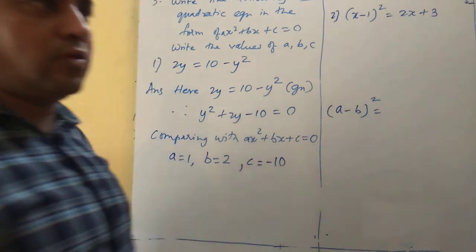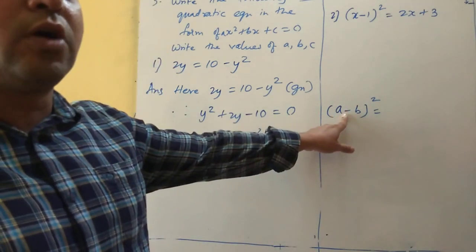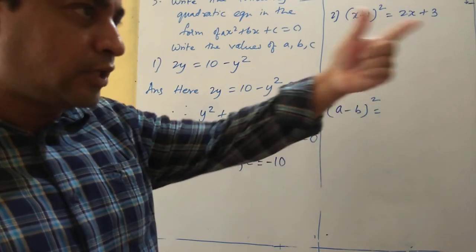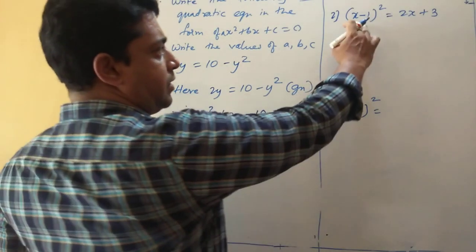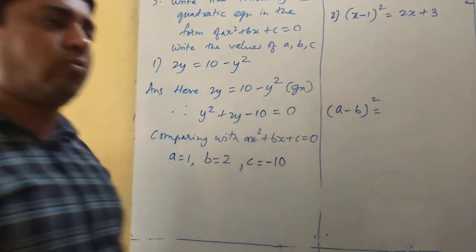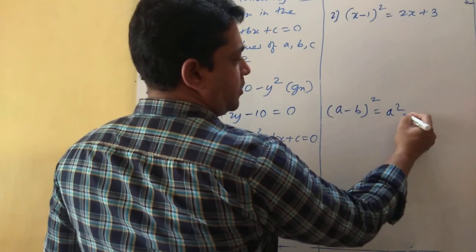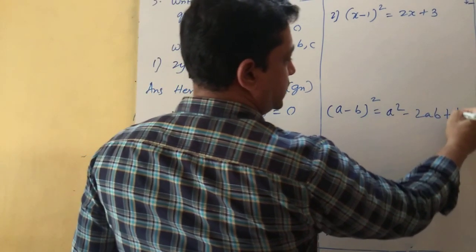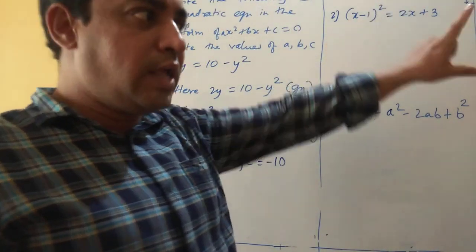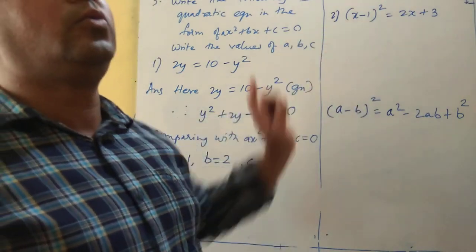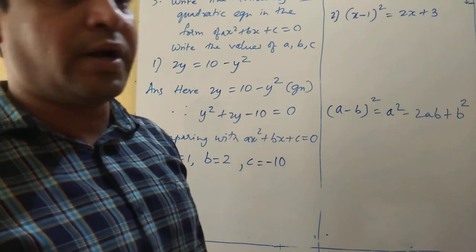This is just a revision for you. Very important formula. We have the same formula for a plus b the whole square also. Okay, only the expansion will be same, but the sign will be different. Okay, so we need now minus sign is given, so I'll use the minus formula. A minus b the whole square is nothing but a square minus 2ab plus b square. Right? So this formula you have to apply. Only then you will be able to write this given equation in the proper quadratic form.